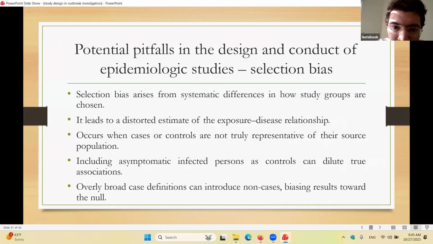It occurs when cases or controls are not truly representative of their source population, including asymptomatic infected persons as controls can dilute associations because it's a kind of misclassification in outcome, because you consider some suspected cases as controls, and therefore the association measure comes toward